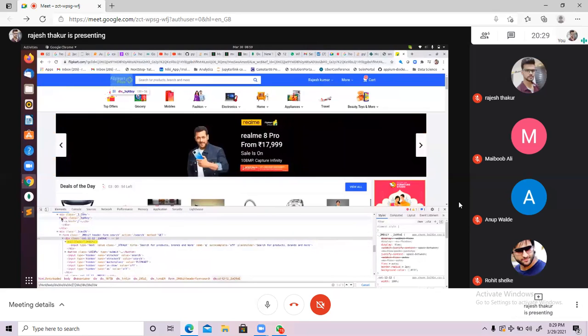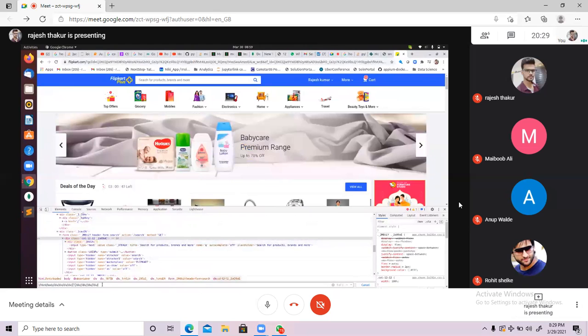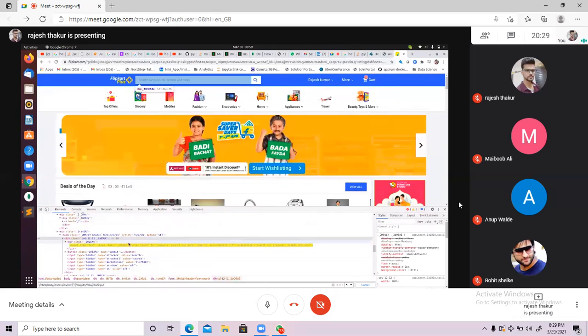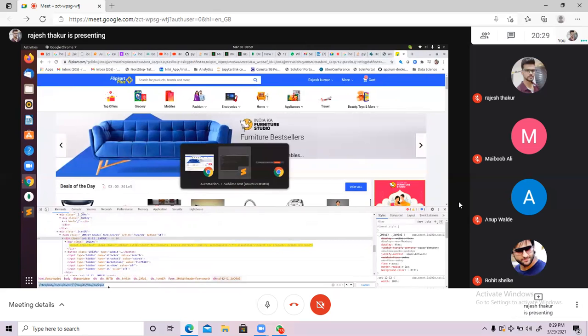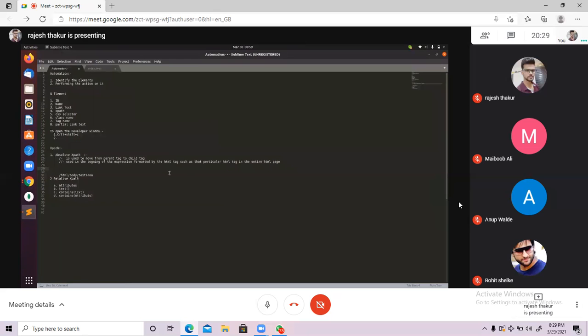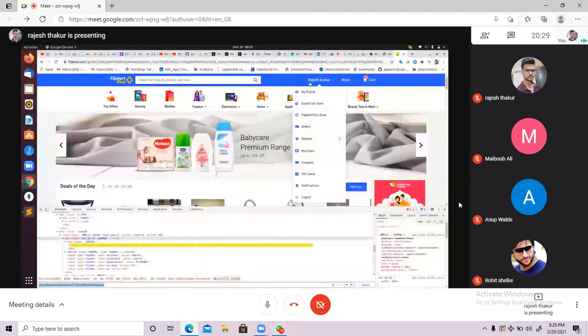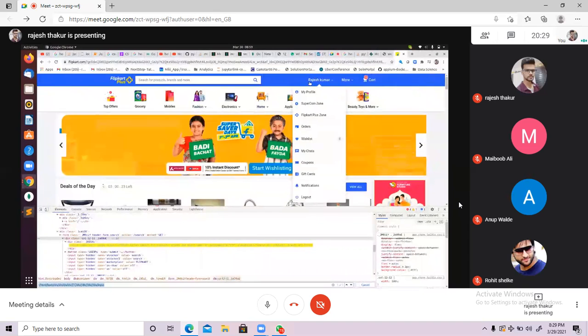Inside of this div we have a text area. So what to do? Single forward slash input. Now our target has been achieved. This is the funda of identifying the element with the help of the absolute XPath. Can you guys try it once? This is the absolute XPath of the search box. If I tell you to identify this, your name, will you be able to do it?